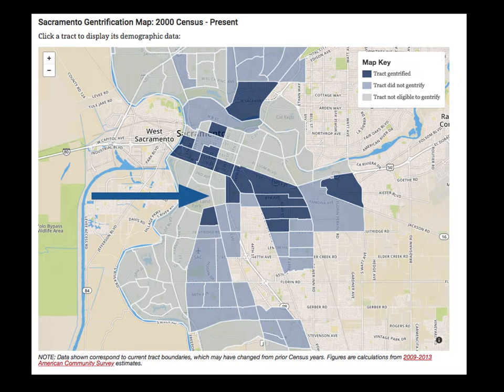Now, what's important to note about this map, this is much more current and looks at the change between 2000 and actually 2013. So note that we're looking at data that's about 5 or 6 years old. It's oftentimes really hard to get the census level data because it's not produced every year. So know that gentrification has probably actually increased even more. So I drew an arrow there to indicate where Sacramento City College is, just as a reference point.